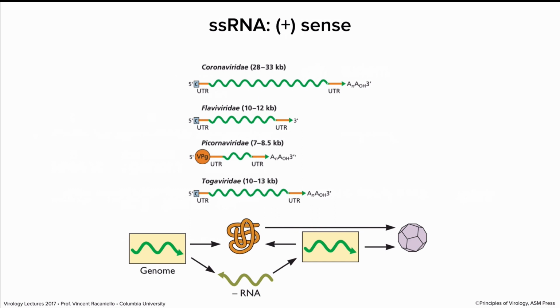You can see the structure of these RNAs are different. As you probably know, an mRNA in a cell needs to have a poly A tail in order to be efficiently translated. Some of these viruses have that, but others do not, like the flaviviruses. We'll talk about how they're translated in the absence of a poly A tail. You may also know that a cap at the 5' end is needed for efficient translation. Many of these genomes have a cap, but not all of them. You can see there's a protein here at the 5' end of these genomes. We'll talk about how that works as well.